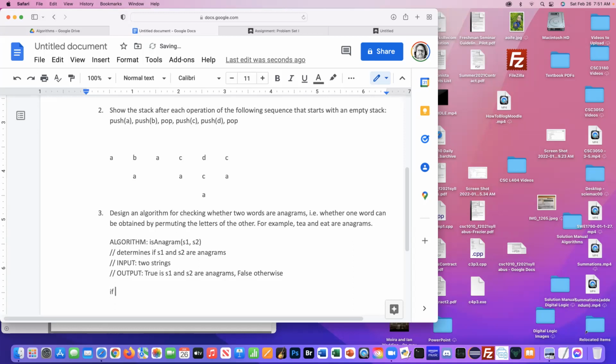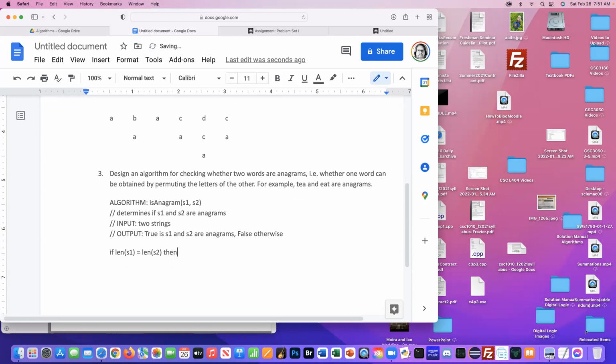Okay, so we can say if the length of S1 is not equal to the length of S2. Okay, and again, in pseudocode, we don't have to use 2 equals because we use the left arrow for assignment. Okay, then we could say return false. Okay,